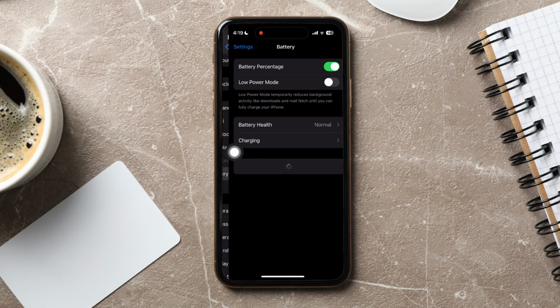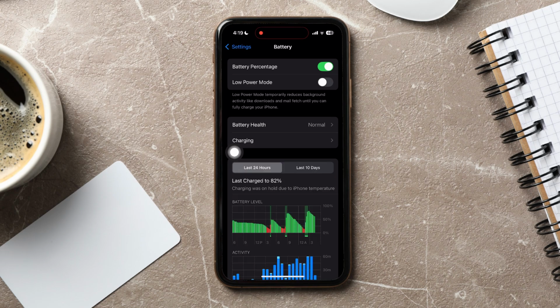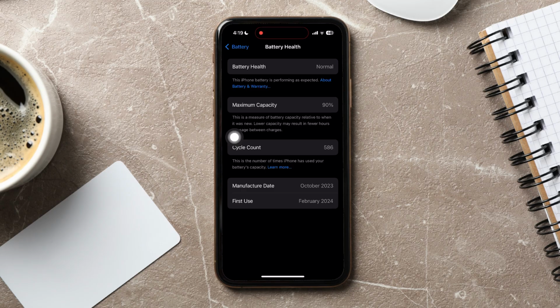You will then be taken to the Battery Settings page. Now, go to Battery Health as shown. This section displays information about your battery's capacity and peak performance capability, and it will indicate if your battery needs